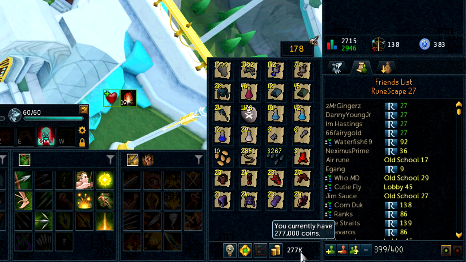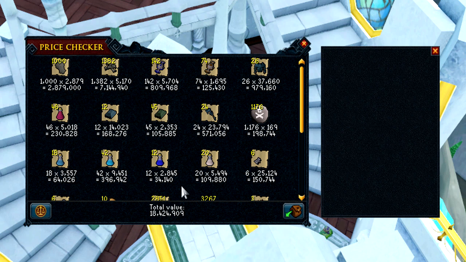Oh, and if you didn't notice, I do have 277k. Some of it was from rare drop table coin drops, but a lot of it was from Dagannoth Rex. He drops a coin drop sometimes. So yeah, let's just price check this first inventory and add the 277k to it. Damn, that's pretty good. 18.4 mil. Add the 277. That would put me up to pretty much 18.7 million gold,